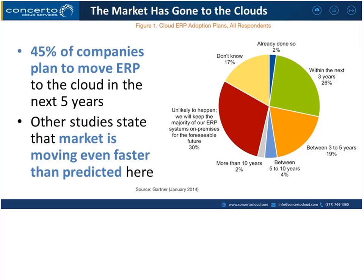Now, one of the things that has been less prevalent in moving to cloud has been ERP, and I think that's because of a few different things. At first, it was limitations around technology and integration and the ability to be interoperable, and I think those hurdles have been overcome. And then there are things that tie to security, and I think we've moved beyond the phase where security is a hurdle and a barrier, and actually security in the cloud is better and a more advantageous way to go, because you can get so many things